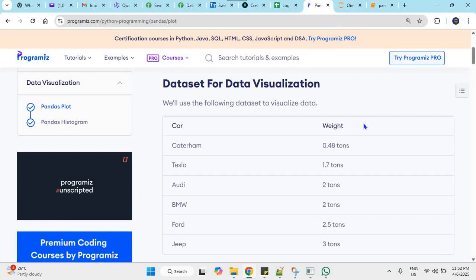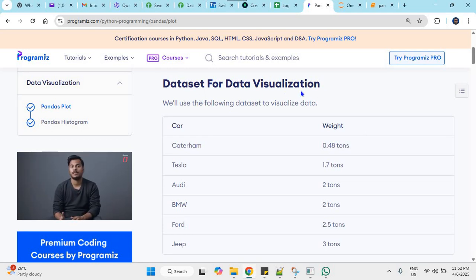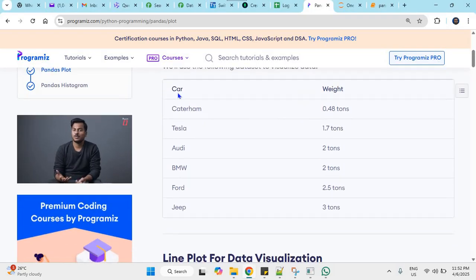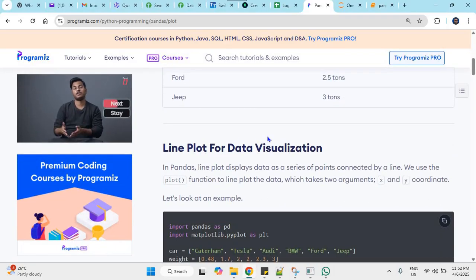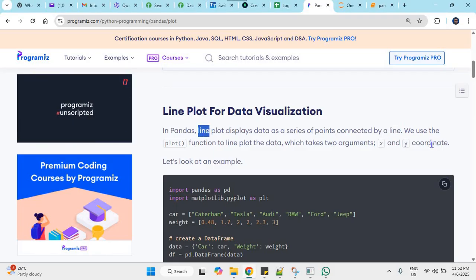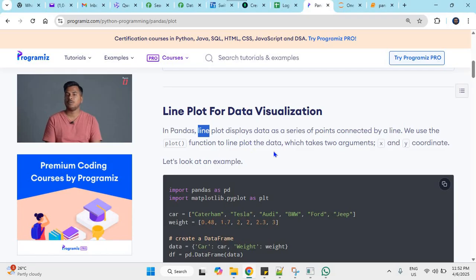Okay, let's see a data set for data visualization. We will use this data set to visualize. We have a car and then weight, so the list of cars and their weights. First, the line plot for data visualization. In Pandas, a line plot displays data as a series of points connected by lines. So we know the line plot. We use the plot function to plot the data, which normally takes two arguments, x and y